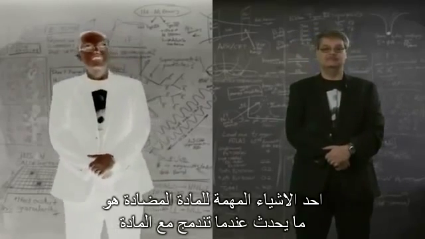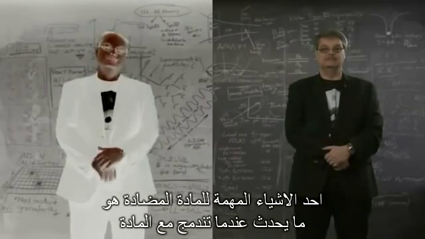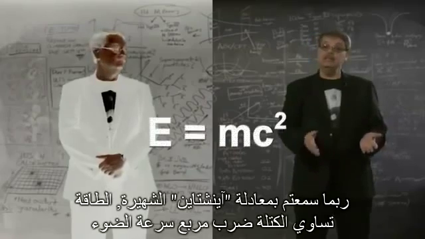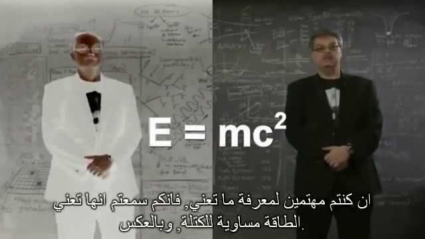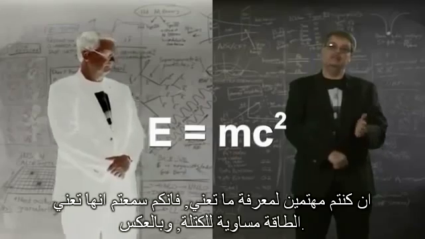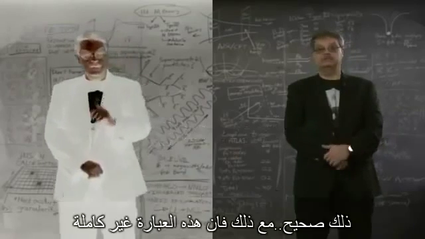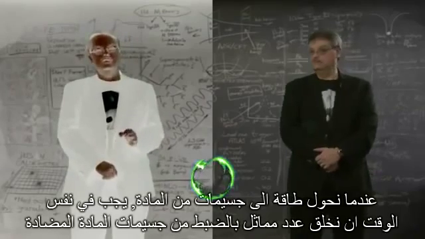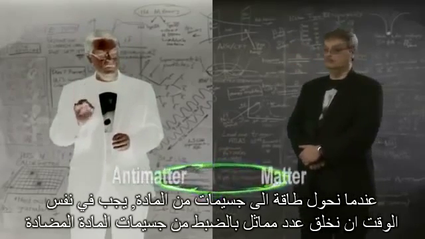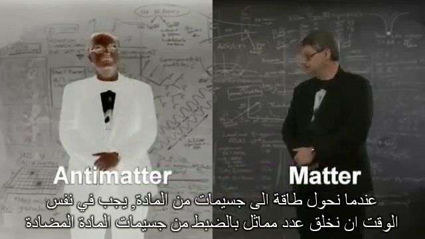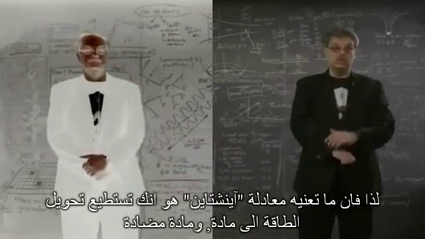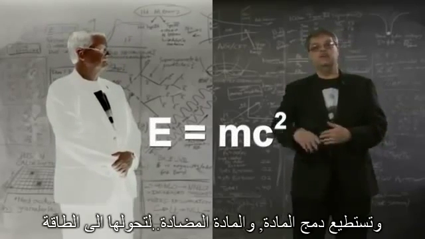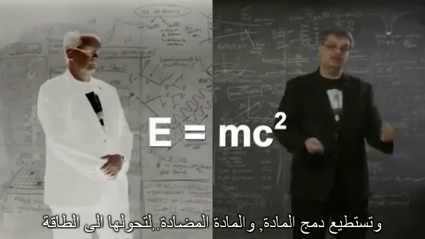One interesting thing about antimatter is what happens when it combines with matter. That's when things get exciting. You've probably heard Einstein's famous equation E equals mc squared. If you've cared to dig in on what it means, you've heard that it means that energy is equivalent to matter and vice versa. And that's true. However, that statement is incomplete. When we convert energy into a particle of matter, we must at the same time create an identical number of particles of antimatter. It's always the same. So what Einstein's equation means is that you can convert energy to matter and antimatter, and you can combine matter and antimatter to make energy.